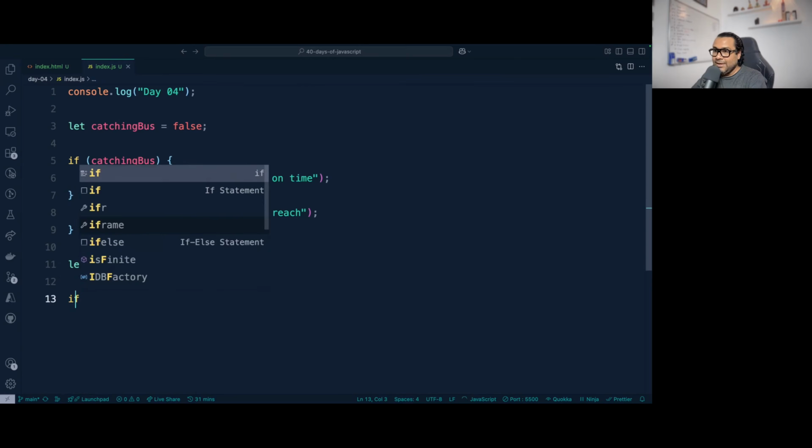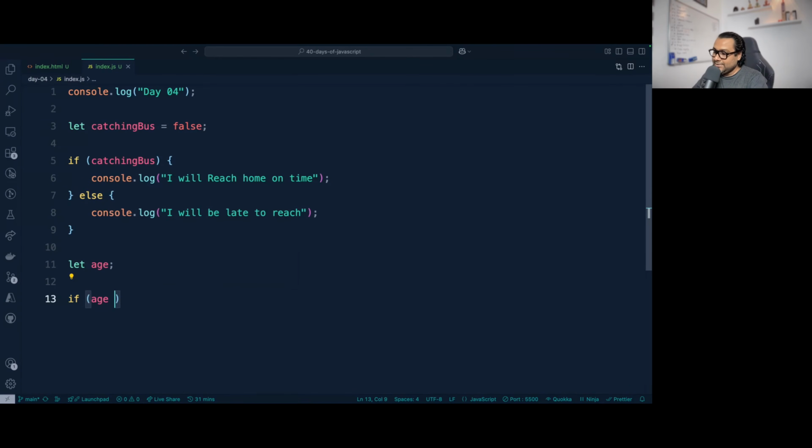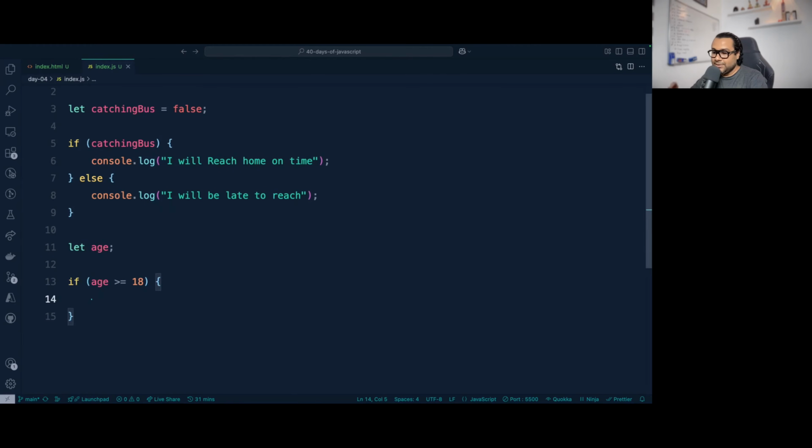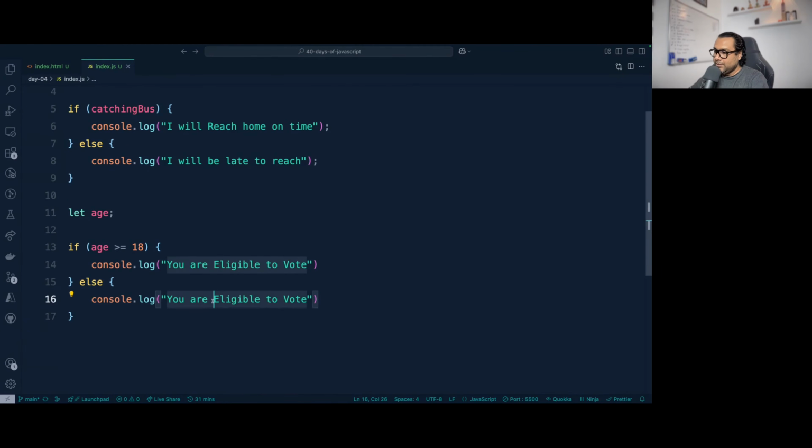My condition is, if age is, what operator will we be using, guys? Should we use greater than, or greater than equals? We will be using greater than equals, right? If someone's age is 18 or above, in that case you are eligible to vote, otherwise you are not eligible to vote.